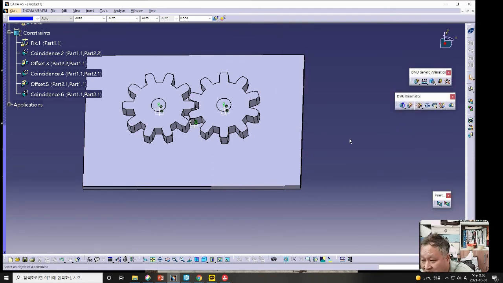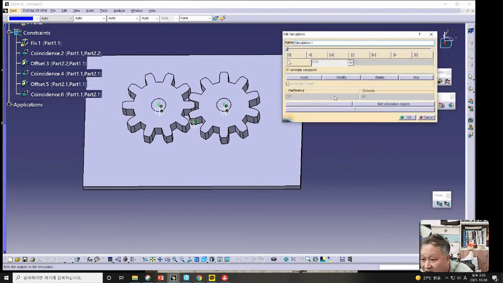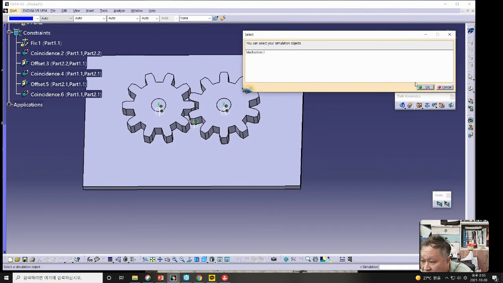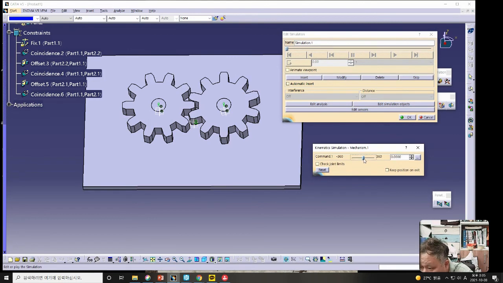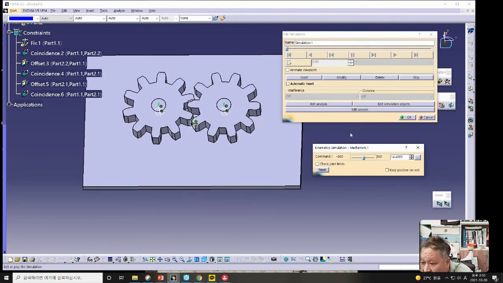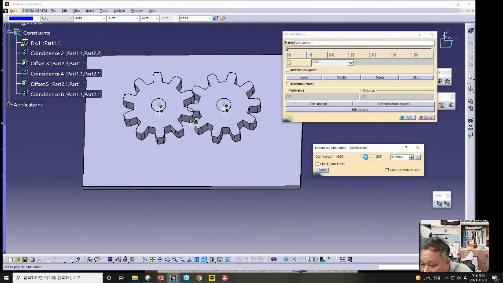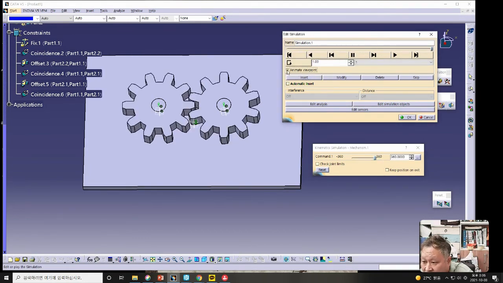Okay, I see. We should select this one and OK button and insert, and this is one, and simulation one, mechanism one, OK, and from this one, and insert viewpoint, and this one should be